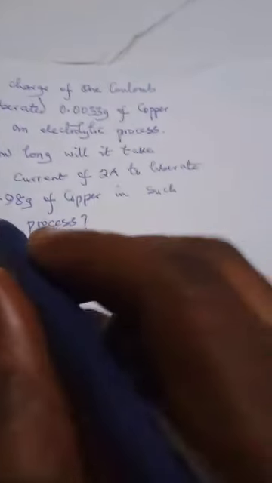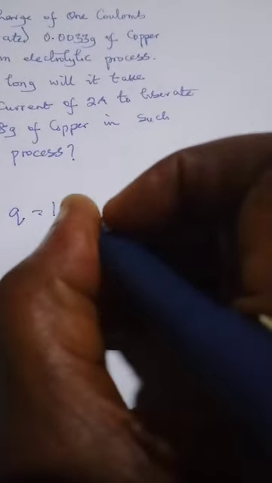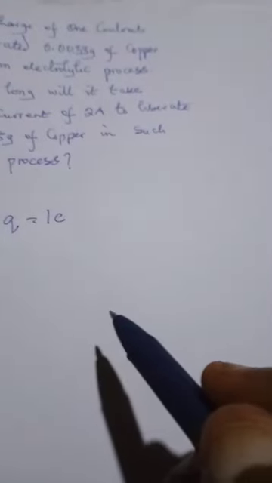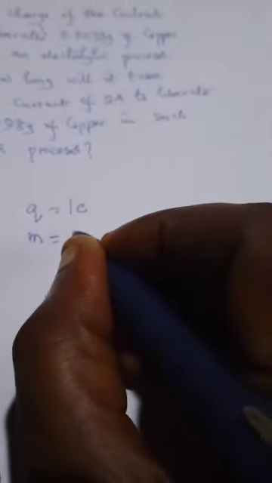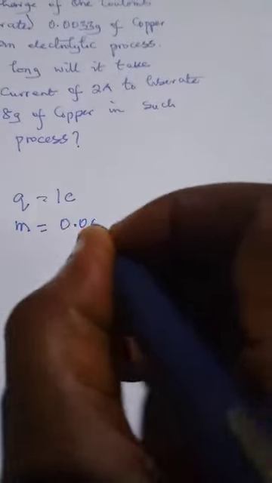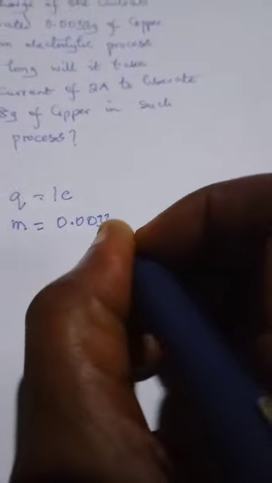It says a charge of 1 coulomb. In physics, the charge Q is 1 coulomb. According to here, this charge liberates 0.0033 grams of copper, and that is mass. You see the grams behind it. The mass of copper liberated with this charge is 0.0033 grams